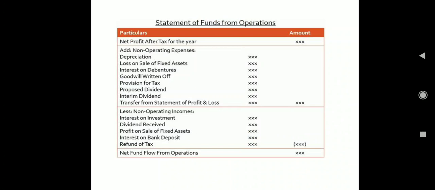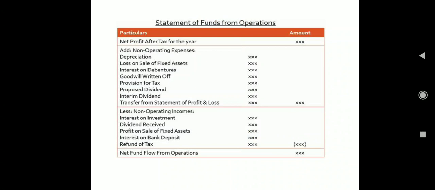In the same way, preliminary expenses are again a fictitious asset, like the legal formalities cost before the incorporation of a company. Every year we try to write those off. So there are some items which we do not pay exactly in cash, which are known as non-cash items, and which we include in the profit and loss account.